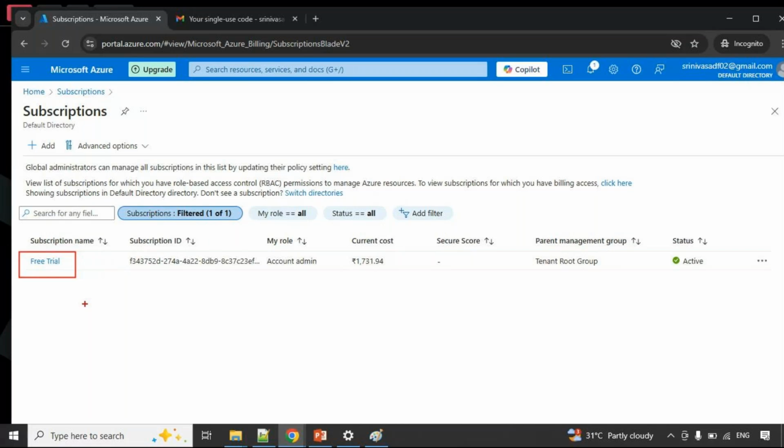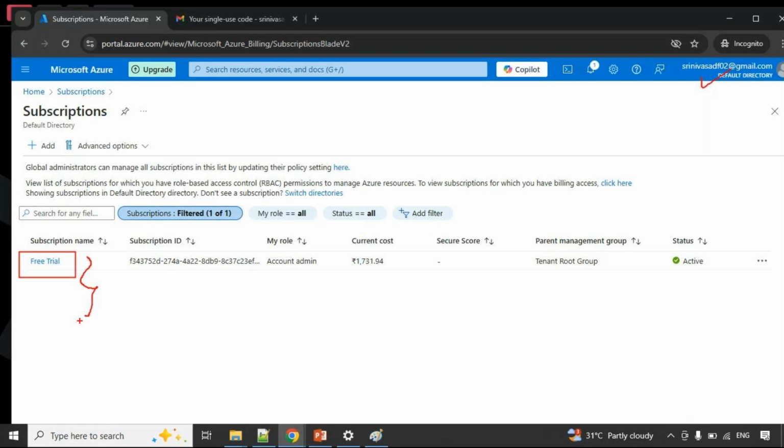But in real time, when you are entering into the project, your project related subscriptions, development, test, prod subscriptions, or prod and non-prod subscriptions, you will have here. Whatever the subscriptions this user has access to, everything you can see here.